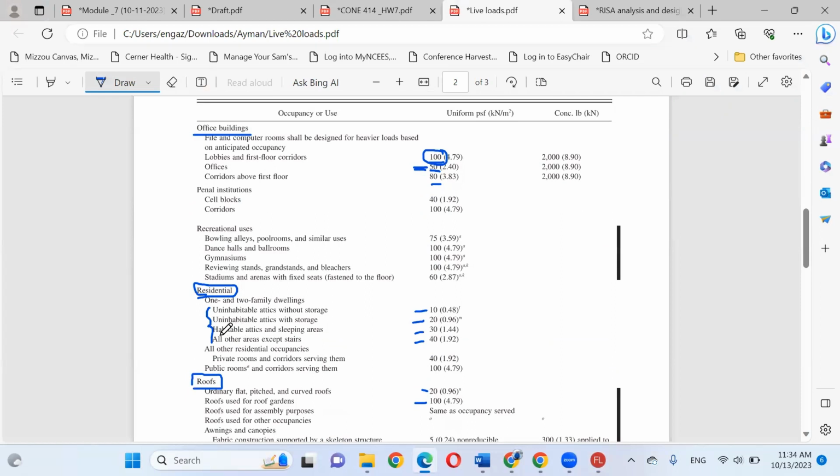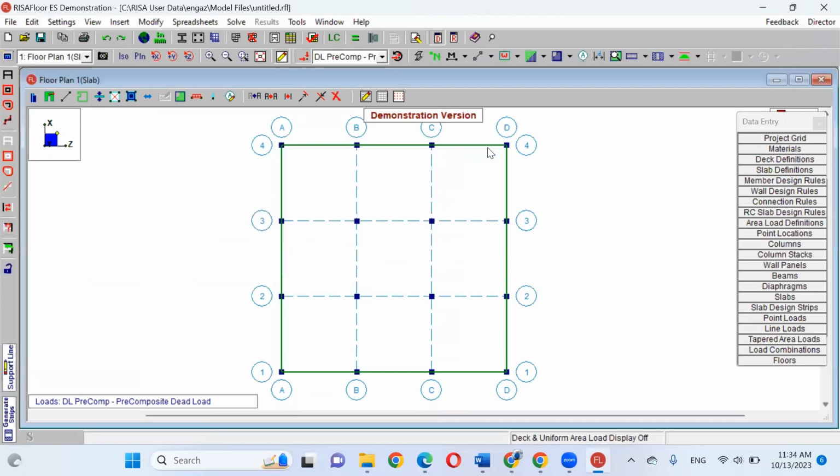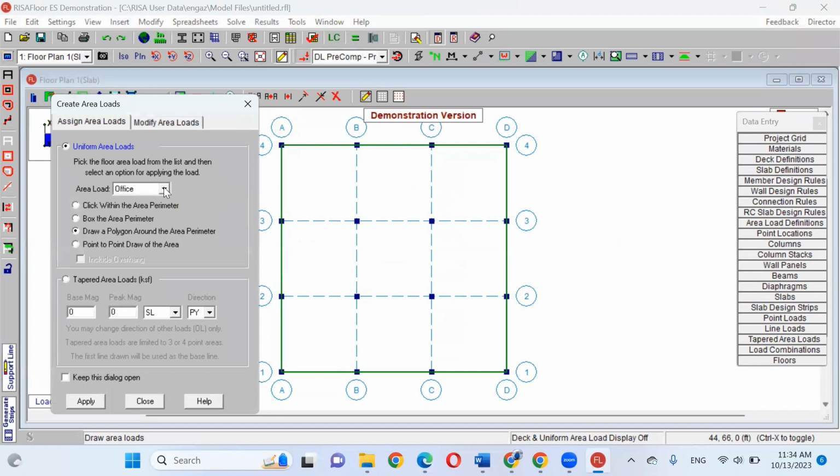Looks like we have stairs or whatever. I'm going to assume it's 30, so your value will be 0.03. That makes sense? Then I will close this one. If you go back to insert loads, area load, and open these selections, you can find what you defined, residential building. That makes sense?